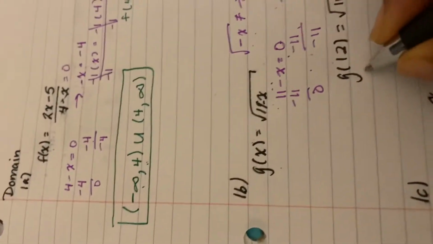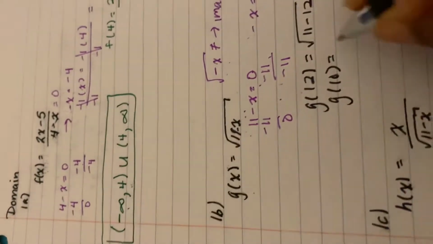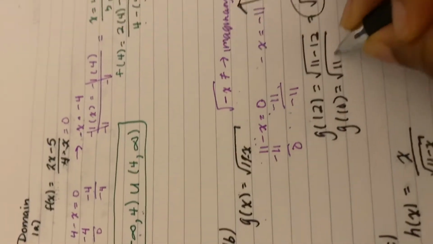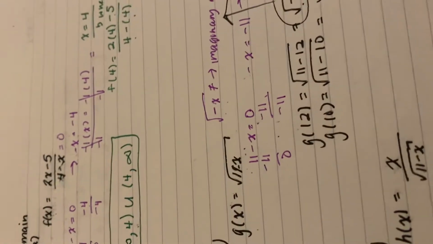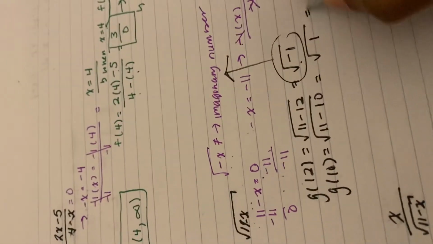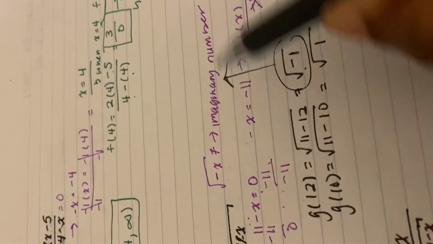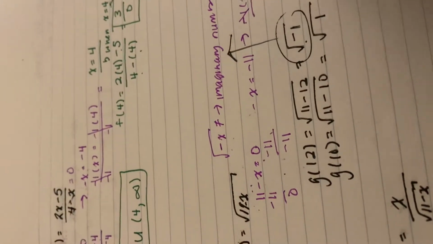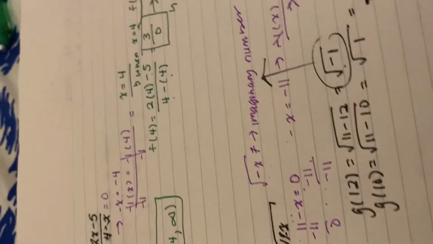So now let's try a number below 11. So g of 10, for example. Square root of 11 minus 10, you would get square root of 1. And square root of 1 is 1. So that checks out because it's a whole number. It's not an imaginary number, okay? This number is a whole number as well as this number. So then the answer will be